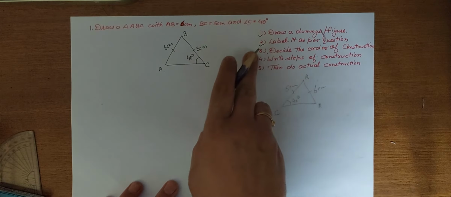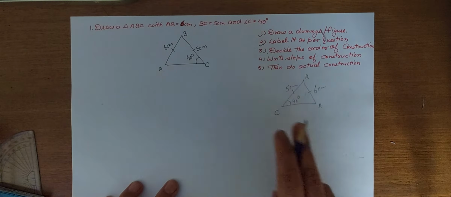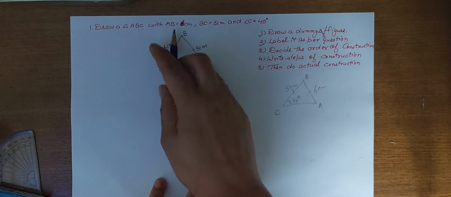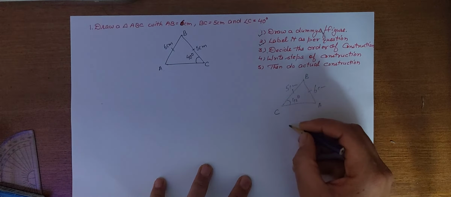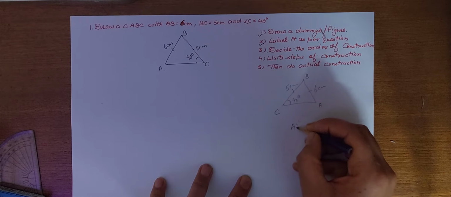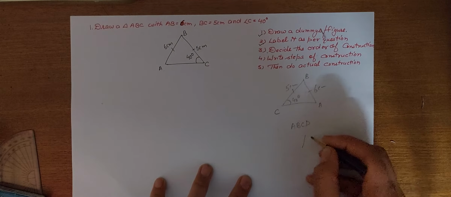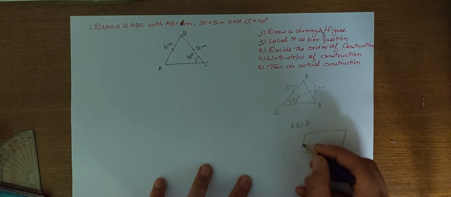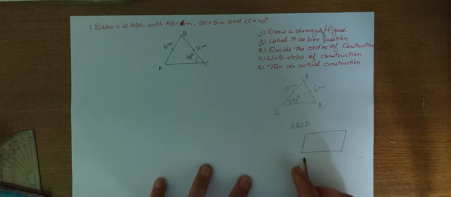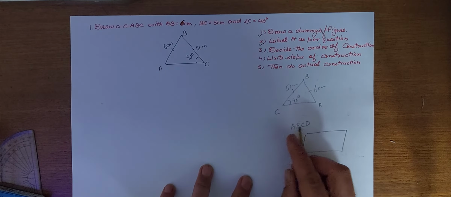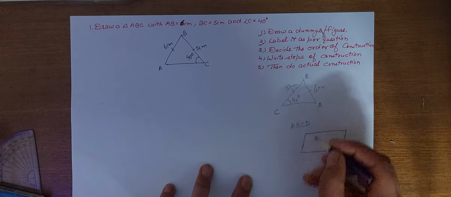Now let's come to the third point. Okay, before we go to the third point, I just want to tell you something. If instead of a triangle, you'll be given a quadrilateral to construct, means if somebody asks you to draw a quadrilateral ABCD, so while drawing a dummy, what do you have to do? Suppose I have drawn a quadrilateral. A quadrilateral is a figure with 4 sides. Now I have to name it ABCD. The name of the quadrilateral is ABCD.